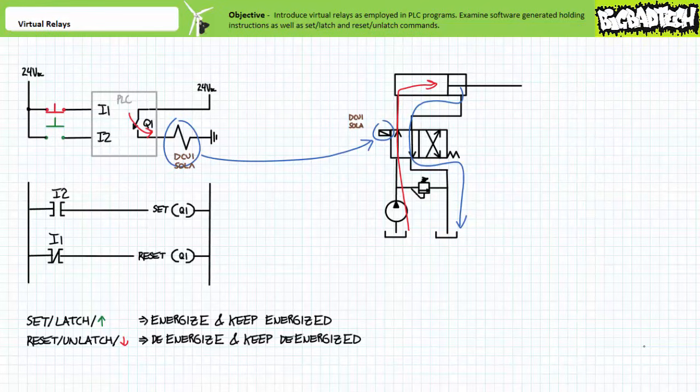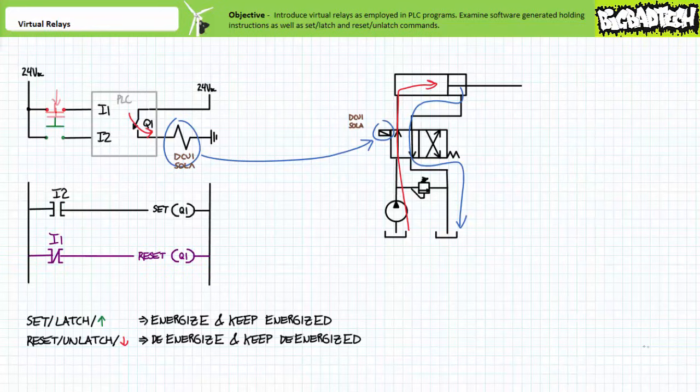continuity onto the set or latch instruction. However, output Q1 remains set or latched in the energized condition. The valve remains in the straight-through position and the cylinder remains extended. The set or latch instruction thus allows the system to maintain or remember the last asserted state, as would a traditional hardwired holding contact. The cylinder will remain in this extended state until an operator presses and releases the red